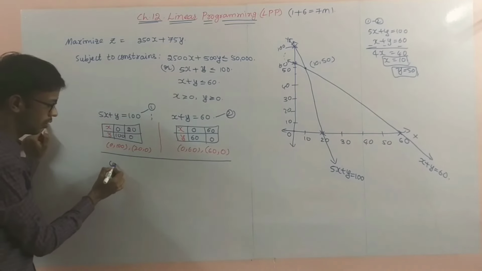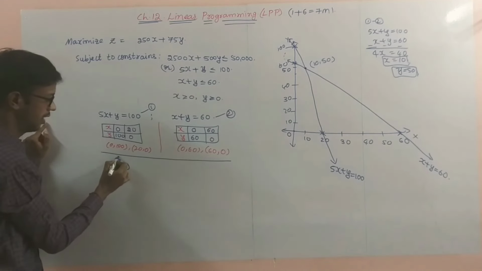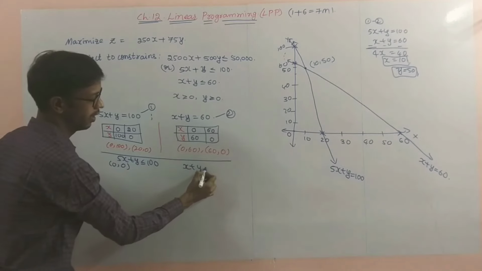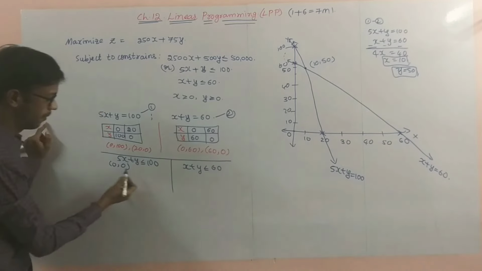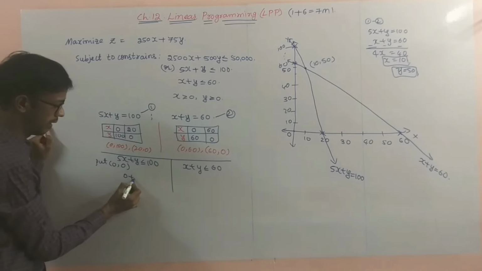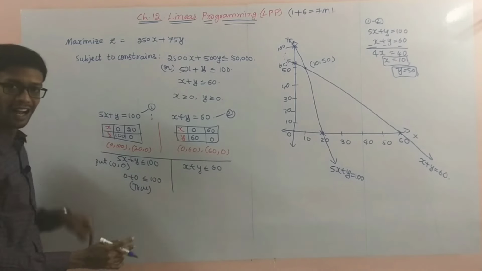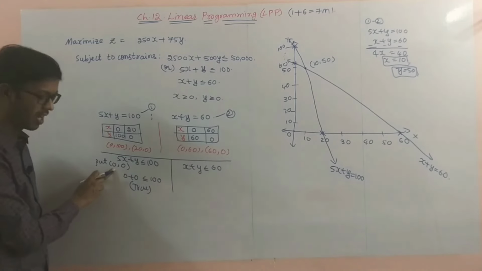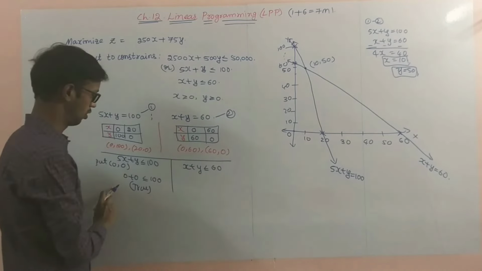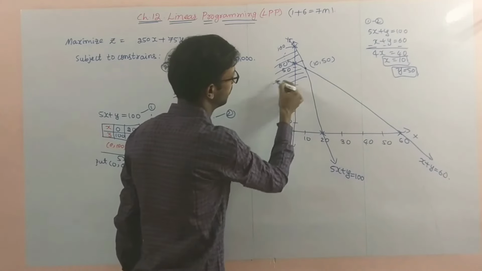Substitute here 0, 0. In the constraints, what are the constraints? x plus y is less than or equal to 100, and x plus y is less than or equal to 60. If you are substituting 0, put 0 comma 0. 0 plus 0 is less than or equal to 100. This condition is true. So the shading region is compulsory, including 0 comma 0, towards 0 comma 0. So for the first line, including 0 comma 0.